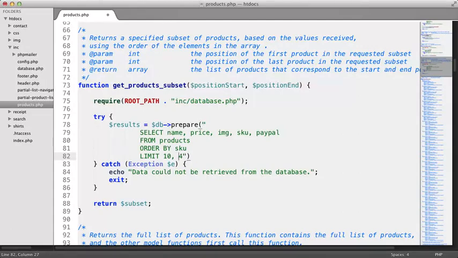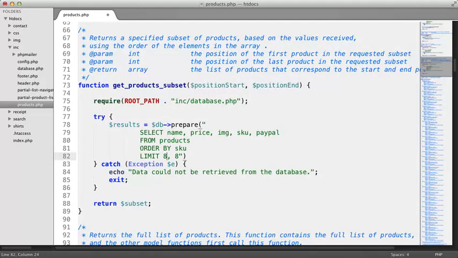If we want this query to return shirts 1 through 8, we would specify the limit like this. An offset of 0 would mean start at the first result, and a row count of 8 would mean return the next 8 shirts, number 1, 2, 3, and so on until shirt number 8. If we want the query to return shirts 9 through 16, we would specify the limit like this. An offset of 8 would mean that instead of starting at number 1, we'd start at number 9. A row count of 8 would mean the query would return the next 8 shirts, 9, 10, 11, and so